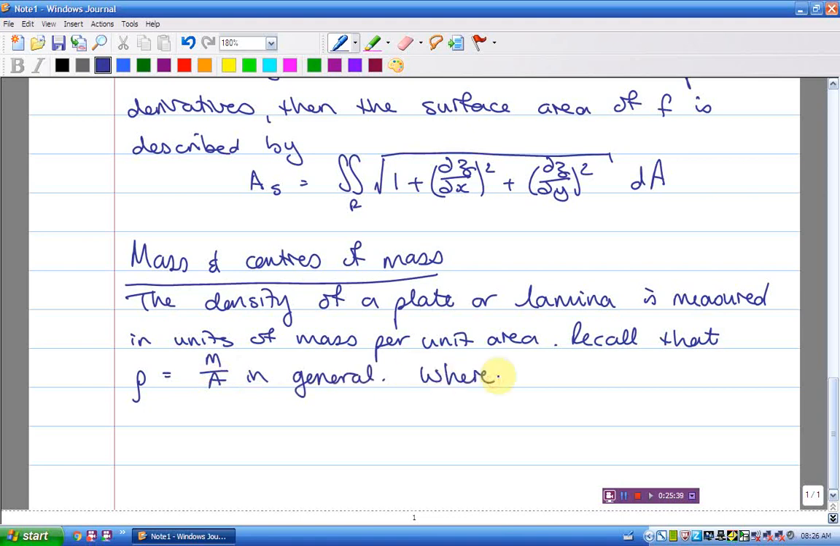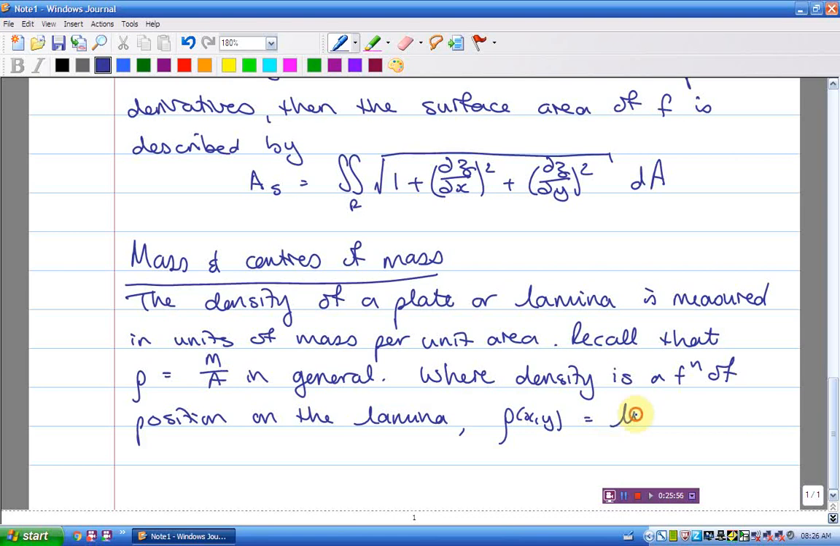If it varies across your lamina, where density is a function of position on the lamina, your density is in fact